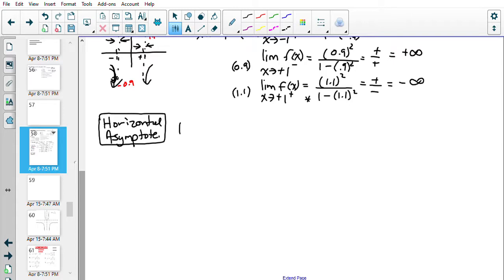So if I do the limit as x approaches infinity for the function, which is x squared over 1 minus x squared, to work out infinite limits, what we're going to do is divide everything by the highest power of x. That's a trick we can try. So limit as x approaches infinity. If you divided everything by x squared,